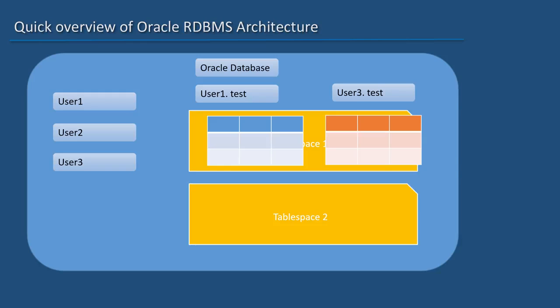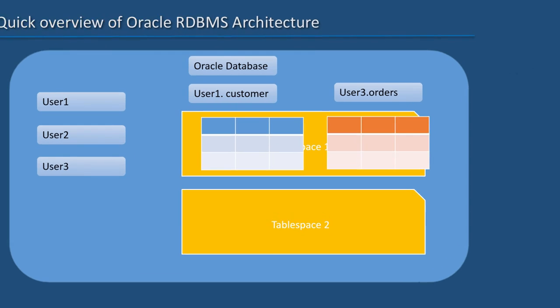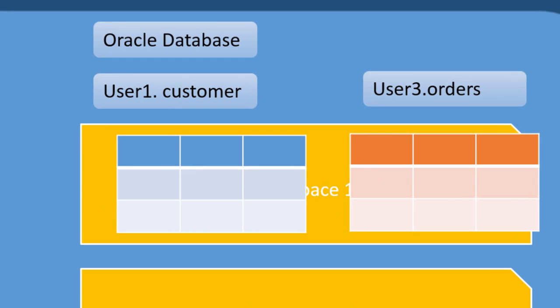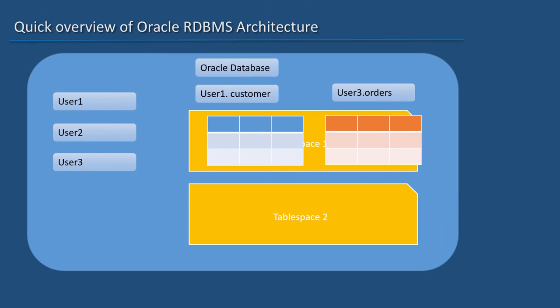Since user1 and user3 own an object, which is table in this case, they can also be called as schemas. User 1 can be called as a schema and user 3 can be called as a schema. User 2 remains just as an user. A schema user can also be called as a owner for the objects it owns. Before giving example, please note that I changed the table names to avoid any confusion. Now, we can say user 1 is the owner of the table customer and user 3 is the owner of